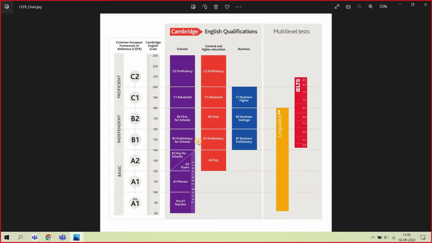If you look on the right side, we have certain tests like LinguaSkill and IELTS. LinguaSkill is a kind of new test. It's again a language proficiency test, but it's not as popular as IELTS and TOEFL. Tests like IELTS and TOEFL have been there for a very long time, and these are accredited tests. But LinguaSkill is just new, and there are a lot of other new tests coming up day by day. Let's not focus on LinguaSkill right now. We'll focus only on IELTS and TOEFL.